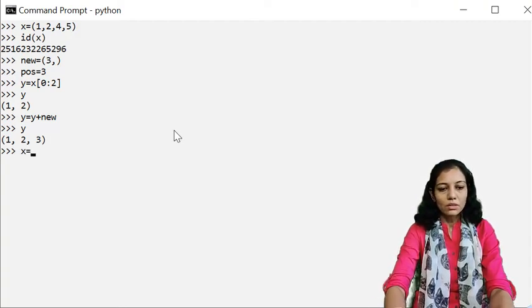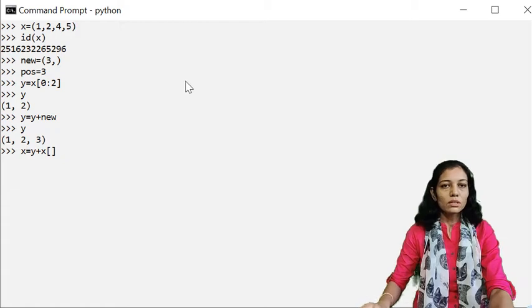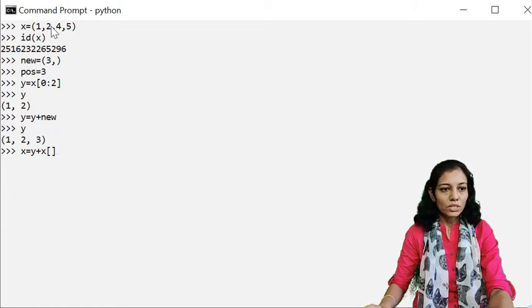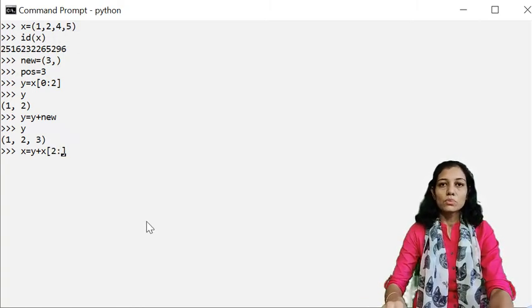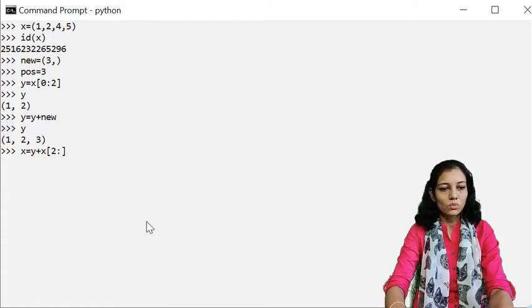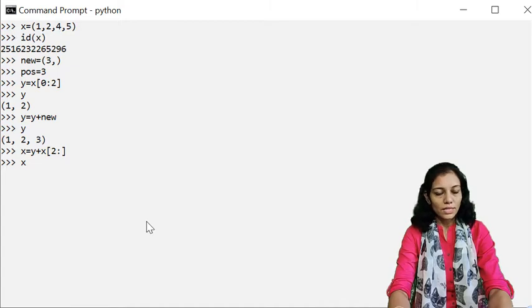So I'll be concatenating x equal to y plus x, and we want the elements from position 2, which is the index of 4. That means I want to start at 2 and go up to the end. So this is what I'll be doing. Now let us check the value of x.